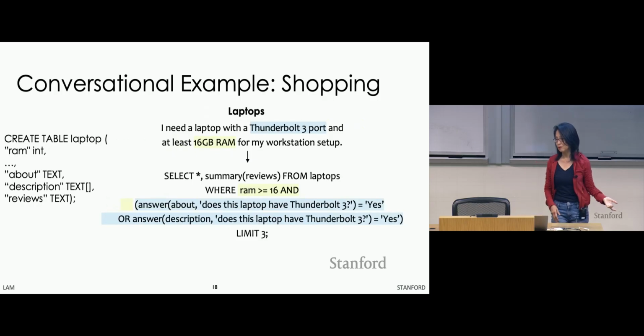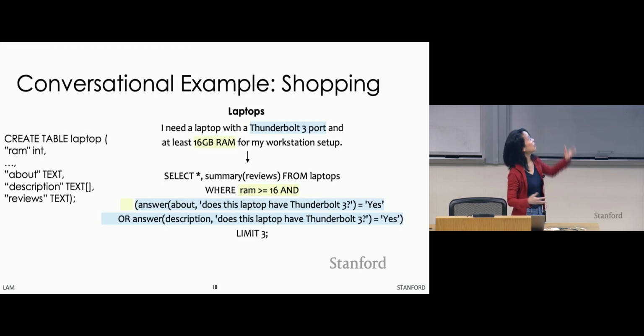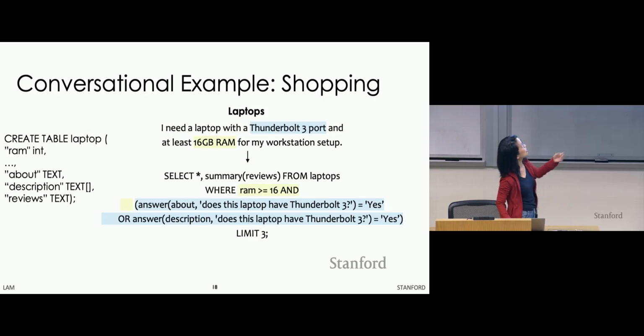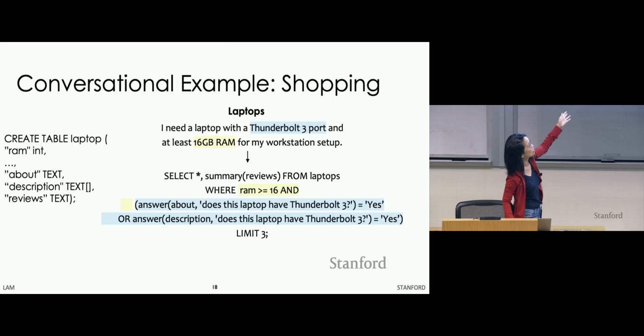It can actually be very useful for just about all product searches. Product searches have a lot of attributes, descriptions, reviews, and so forth. And so here is an example. I need a laptop with this function and 16 gigabyte RAM for my workstation setup. So when we do the semantic parsing, we know the workstation setup is not interesting. You don't translate that into the parse, and then you put the rest of it in. So here is an example where I need to know if it has the Thunderbolt 3 connection, but then the problem now is